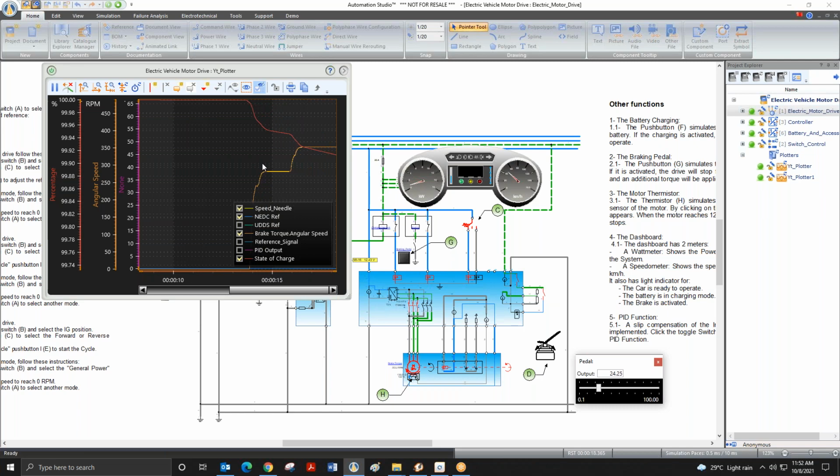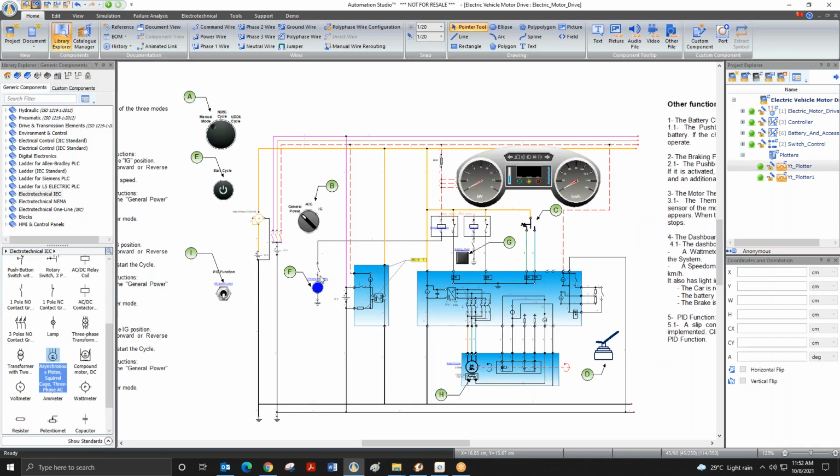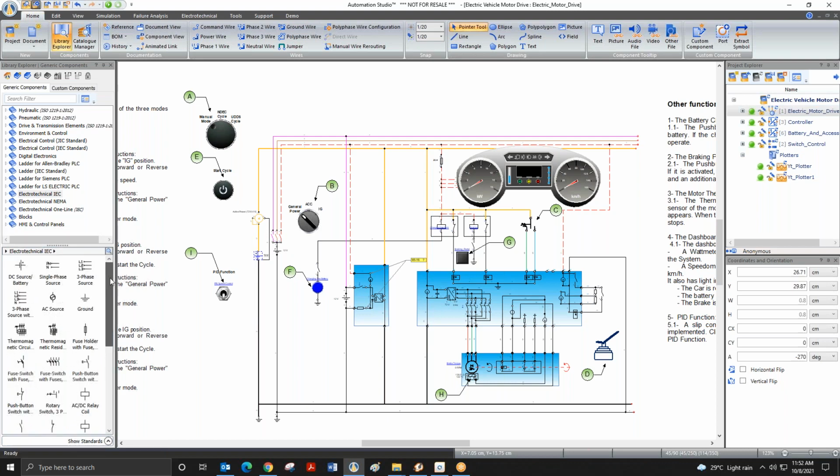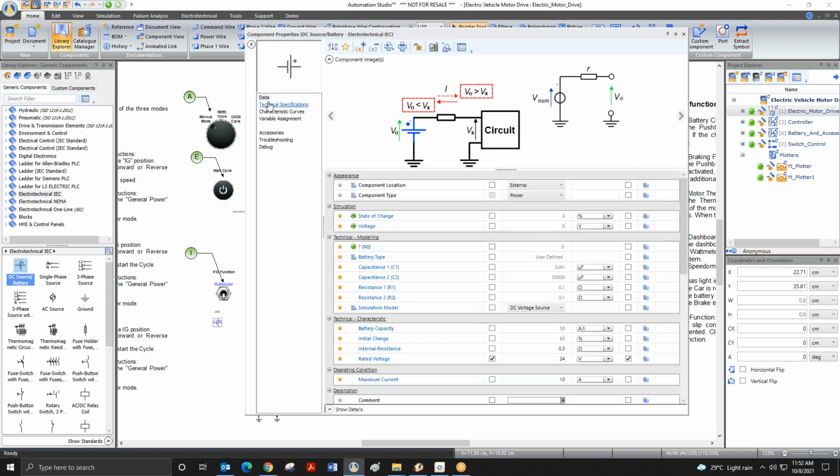Okay, so what different aims you can achieve in Automation Studio? First, if you see the battery, Shraddha showed you the battery, and in the battery you can define the charging and discharging curve, right?